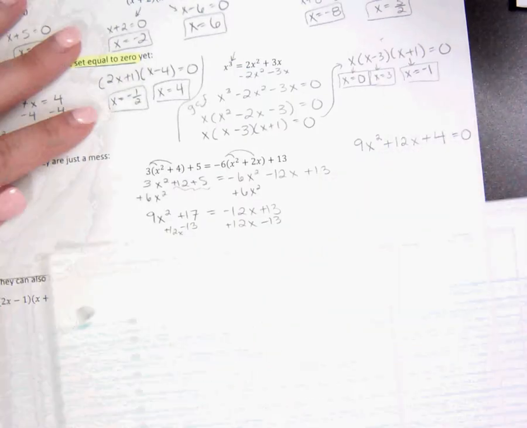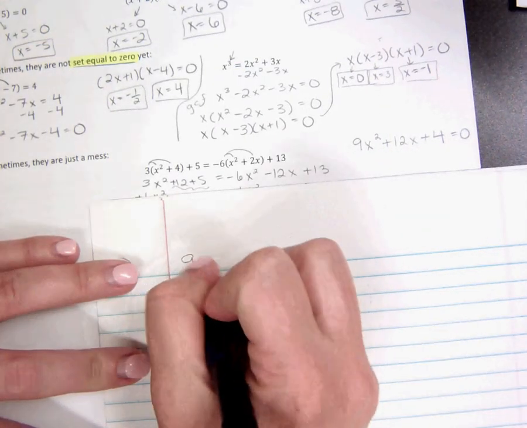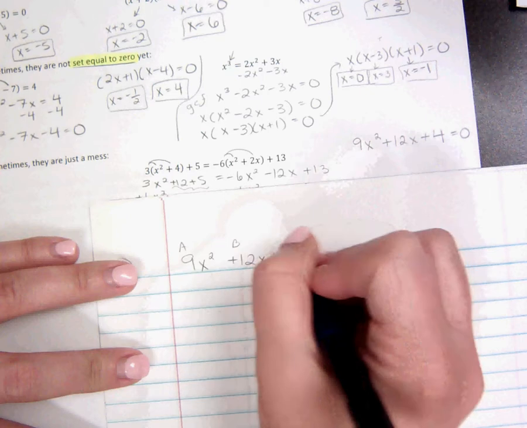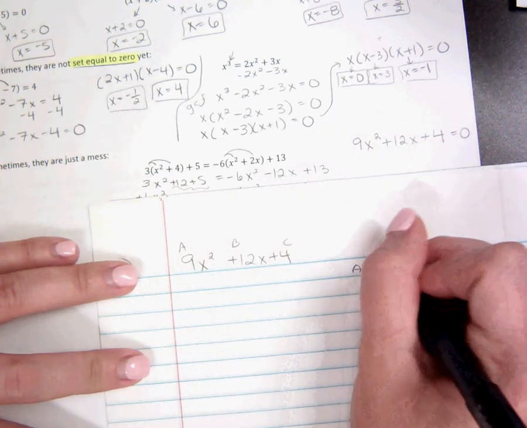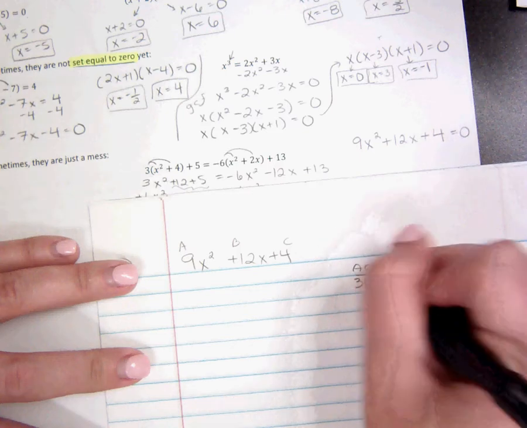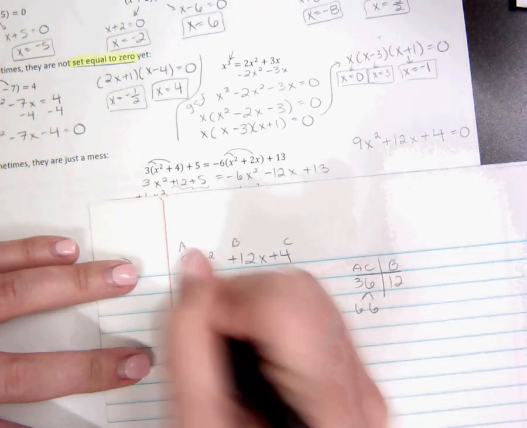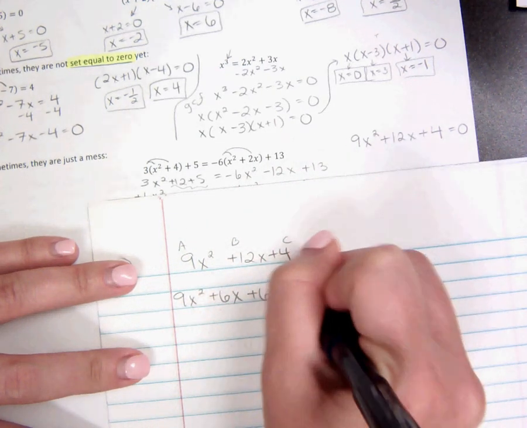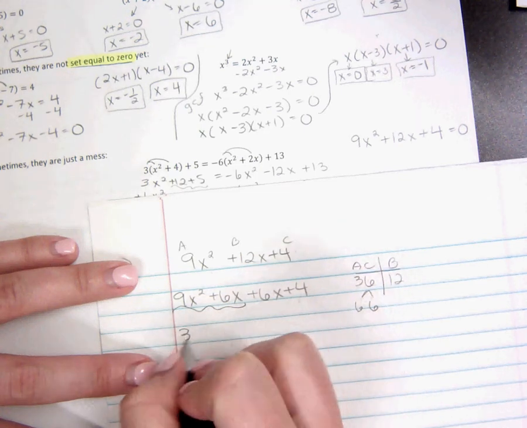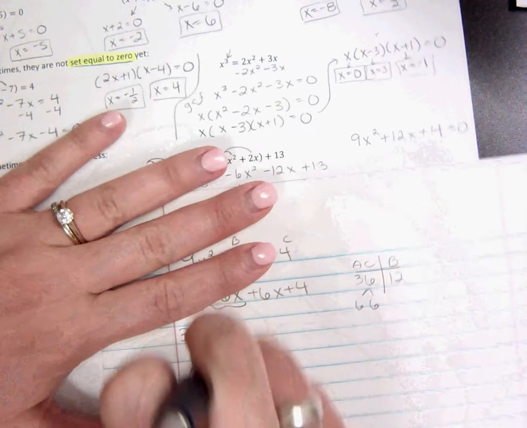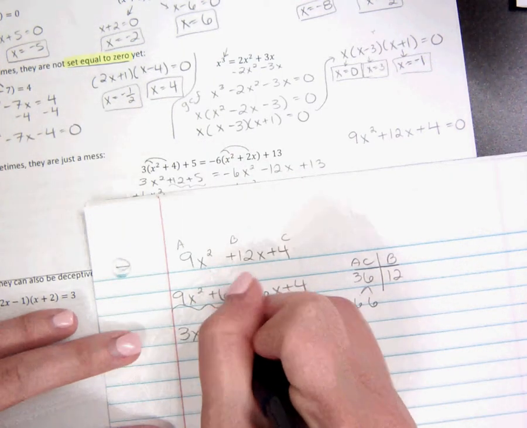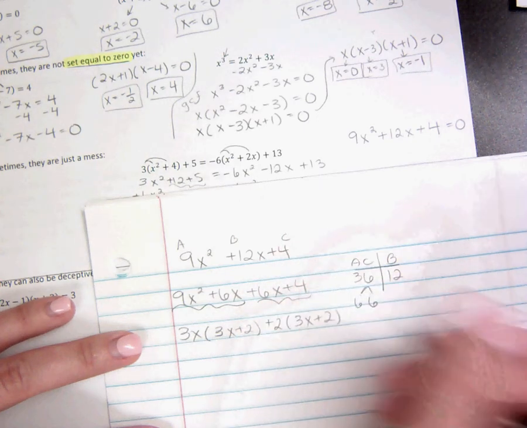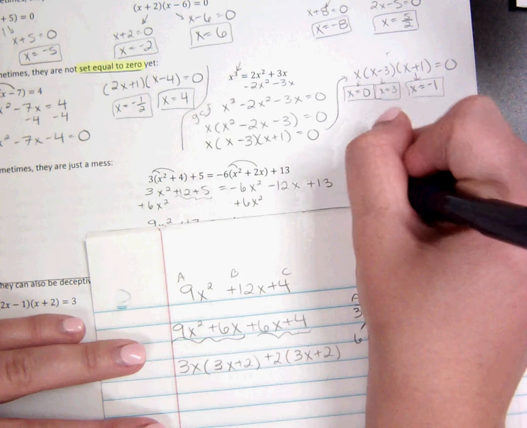So from here, we want to factor. Again, scratch paper is helpful. We have 9x squared plus 12x plus 4. A, B, and C. 36 and 12. So we have 9x squared plus 6x plus 6x again plus 4. Take out a 3x. That leaves 3x plus 2. We'll take out a 2. That also leaves 3x plus 2. So this factors into 3x plus 2